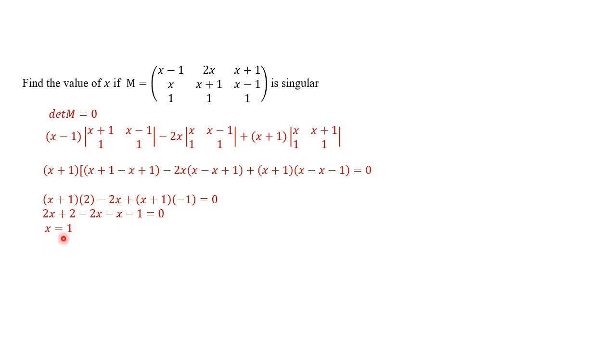Alright, so this is the value of x for which this matrix is singular. You can test this value by putting 1 in place of x. And you can also see that if you find the determinant, you are going to see that the determinant is equal to 0 here. Alright, so now let's